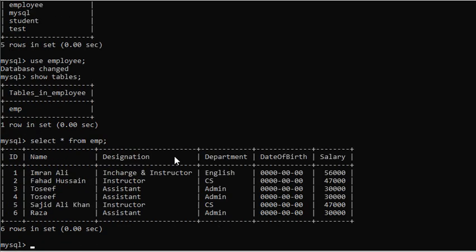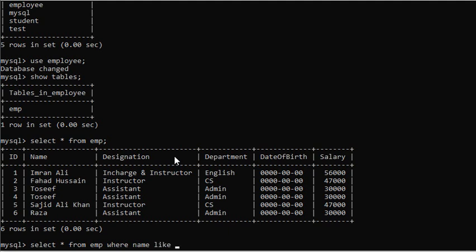Let's search for names beginning with T. Select all from employee where name like.